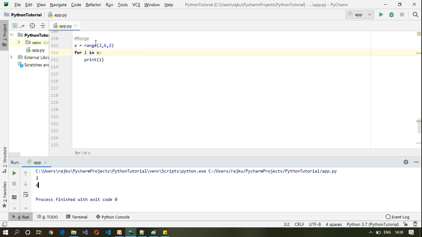So this range can be used for, let's say, all the even numbers between 1 and 25.